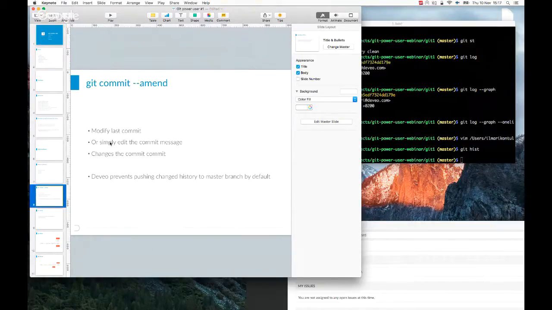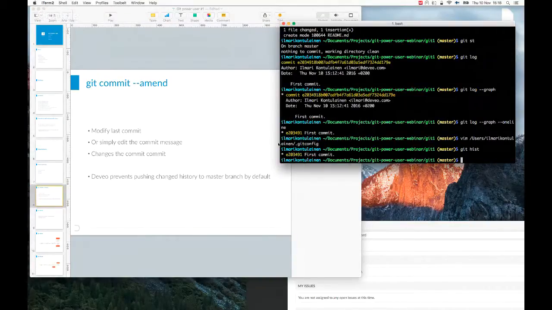The typical use cases might be that we simply want to edit the commit message because we made a typo there, but it can be that we want to add some more changes to that specific commit that we forgot, for example. Maybe we forgot to add some files to the staging area and didn't actually commit those, so we want to commit them in the same commit in order to create a good and whole commit. But using git amend is actually